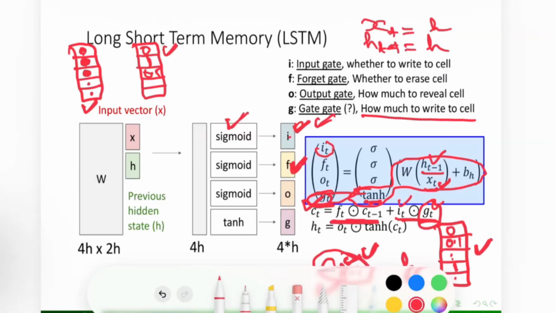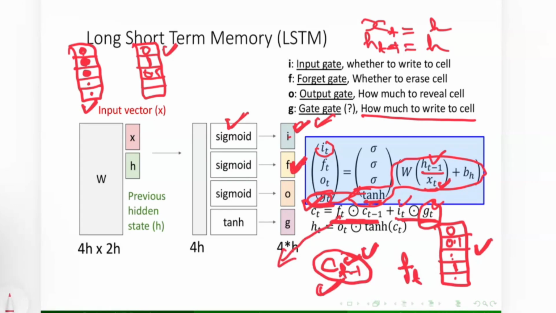In this case, the goal was to erase the information. So here the goal was, hey, the information which is not required, you erase it. Here the goal is, hey, just see which information is required, just keep it. So the procedure is more or less similar, but the goal is slightly different. Here you have to erase the information from the past which is not required. Here you have to keep the information from the new information that you got, and that is being controlled by